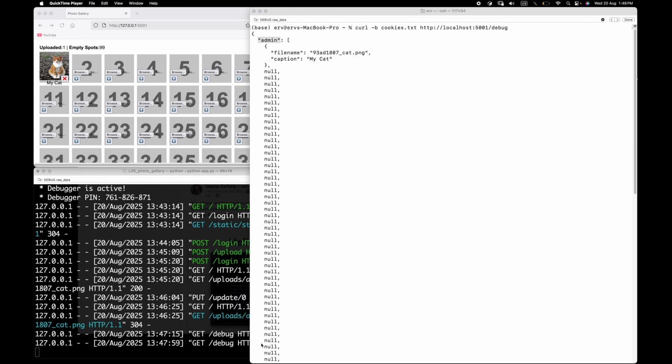That brings us to the end of this video, where we have a little introduction on how to use curl to get information from the photo gallery app that we built in the previous video, and hopefully these beginner statements for curl that you learned, you'll be able to use in your projects and also in subsequent videos